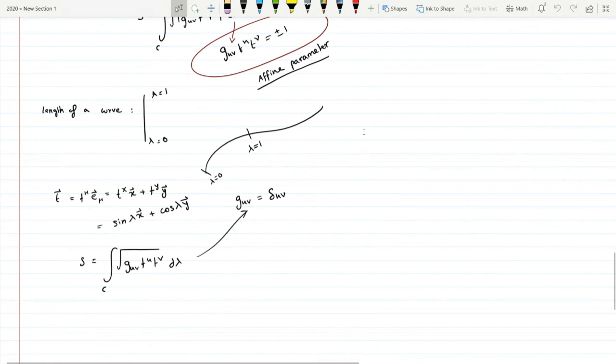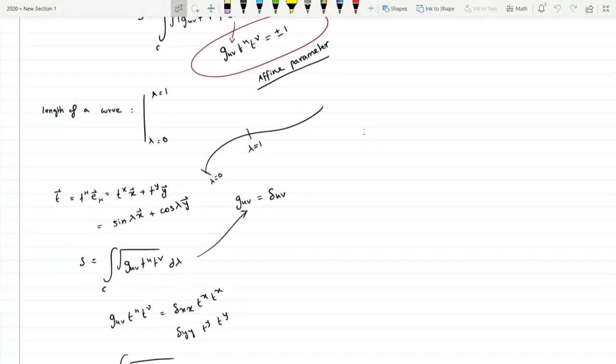So what would this be? So g_μν, this thing, is just a delta function for it being the same. So if you have x and y, that's killed. The only possible ones you have are dx dx and dy dy. Okay, so you have dx, dy. Right? And this thing here is the square root of t_x squared plus t_y squared, which is what? It's the square root of